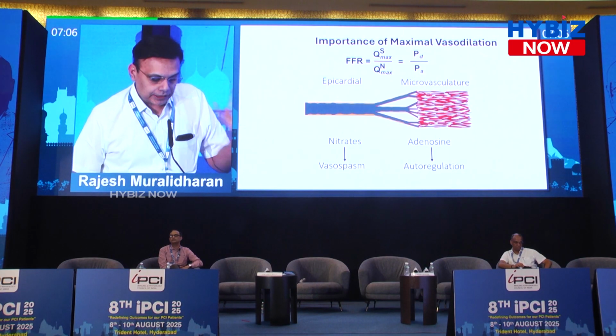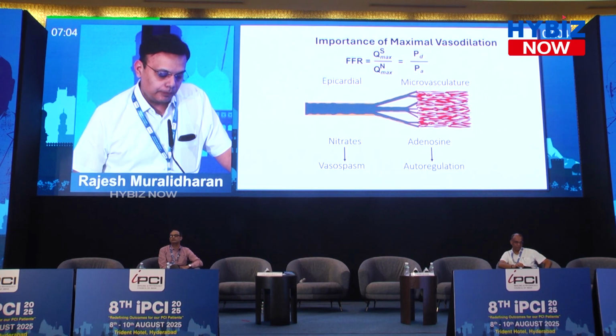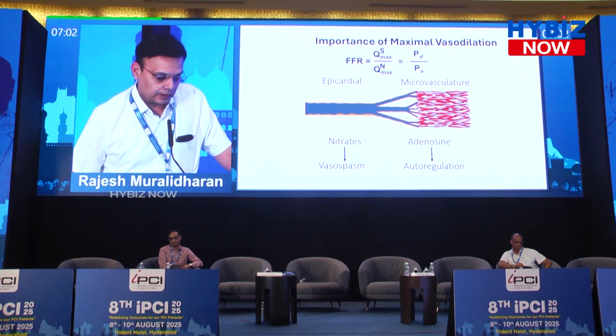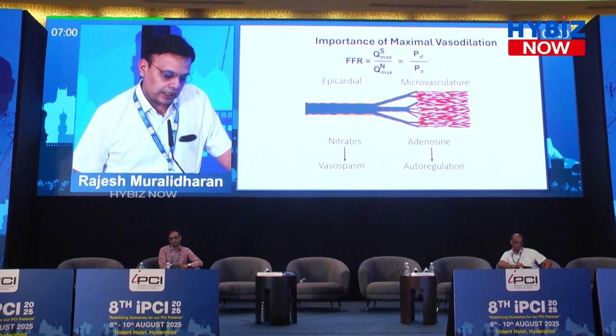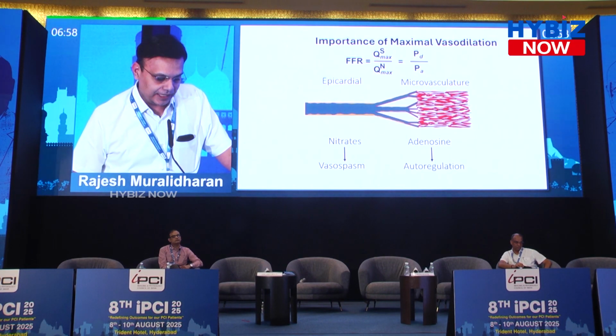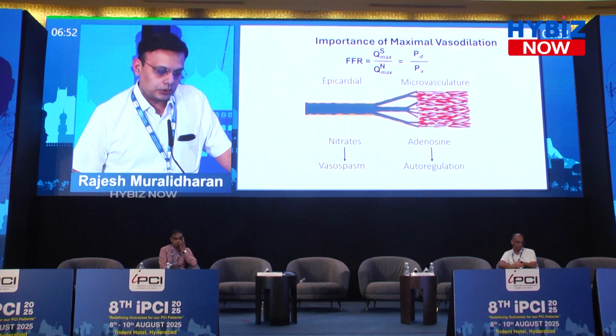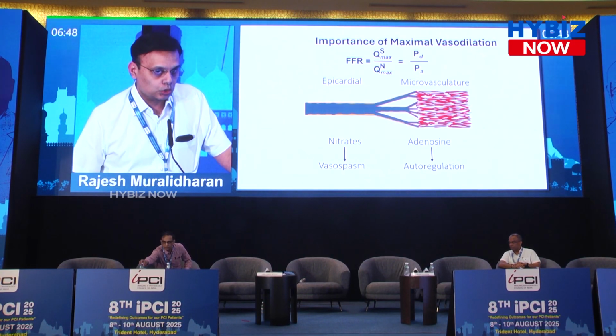Now, as I told you, the most important thing is to achieve maximum vasodilatation. We should do so in both the epicardial arteries as well as in the microvasculature. With regards to epicardial arteries, we use nitrates to relieve the vasospasm. The standard dose of nitroglycerin for measurement of FFR is 200 microgram and not the usual 100 microgram. And studies have shown that if you are inadequately using nitrates, it gives rise to poor FFR values and thereby